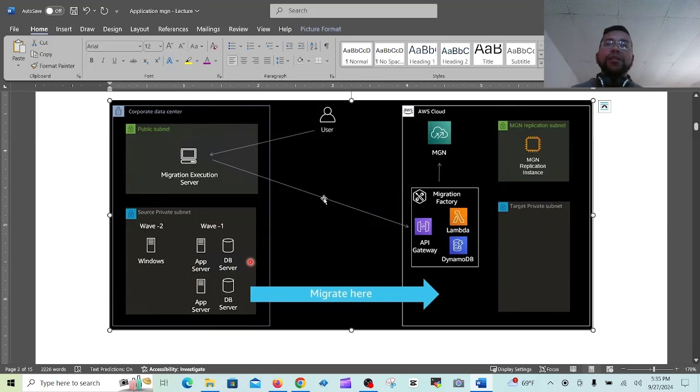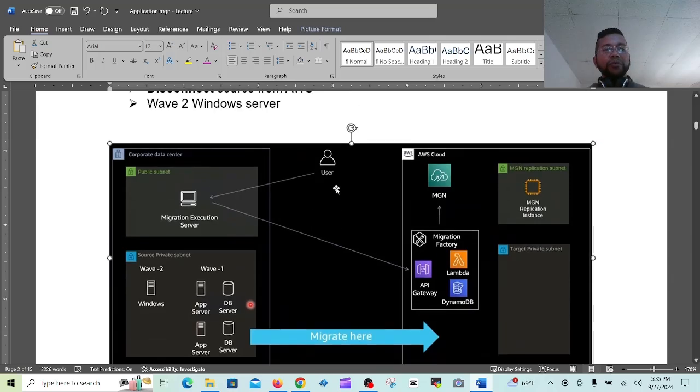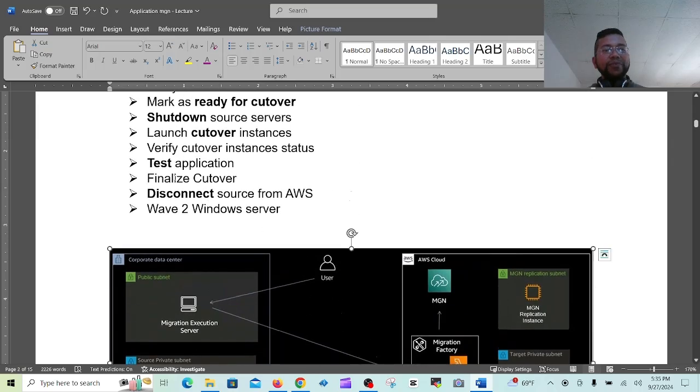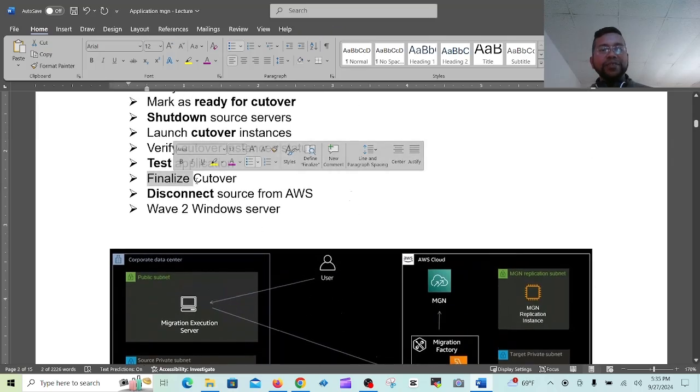So migration has lots of waves. It's like waves in the river, you know, river. From one side of the river, you put something on the wave, so one wave goes like this to the other side. So I just remember it like this: one wave finishes. When the wave is finished, when you finalize cutover, and after doing the finalize, then the one wave is finished, then